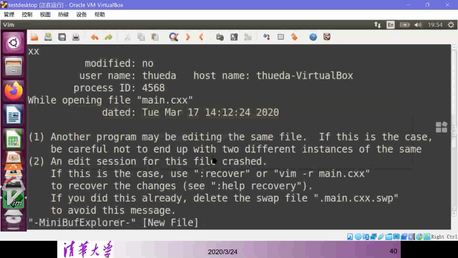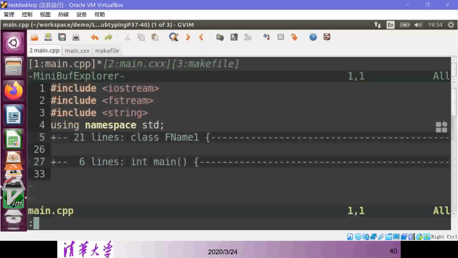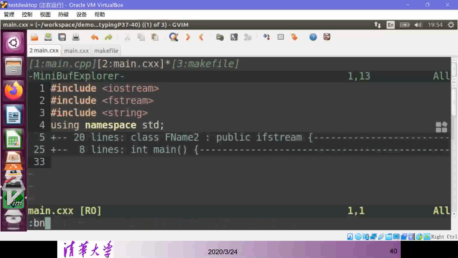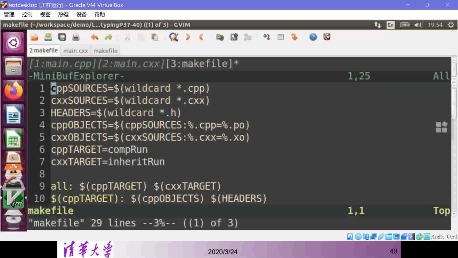So we have main.cpp and main.cxx. And then